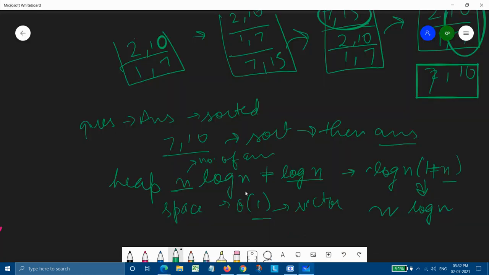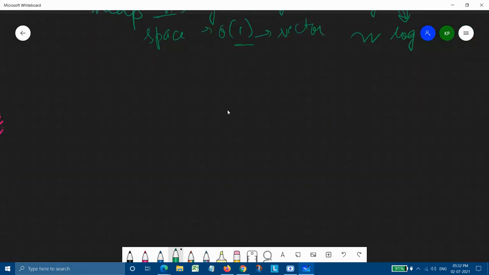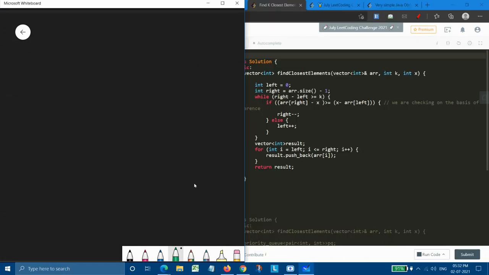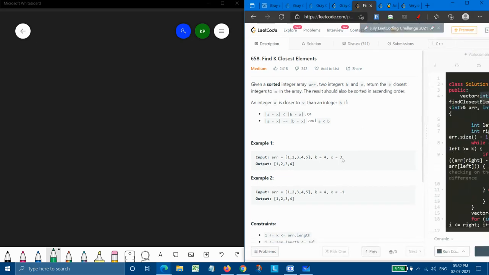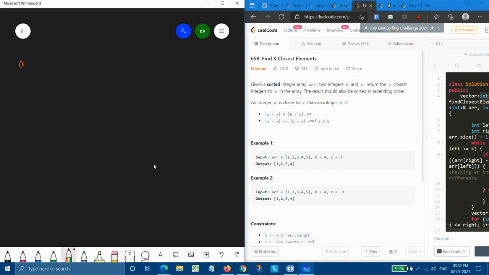Let's come to how we will be using two-pointer here. Let's take an example from here only. In the first example, we are given the array equal to 1, 2, 3, 4 and 5, and k equals 4 and x equals 3.